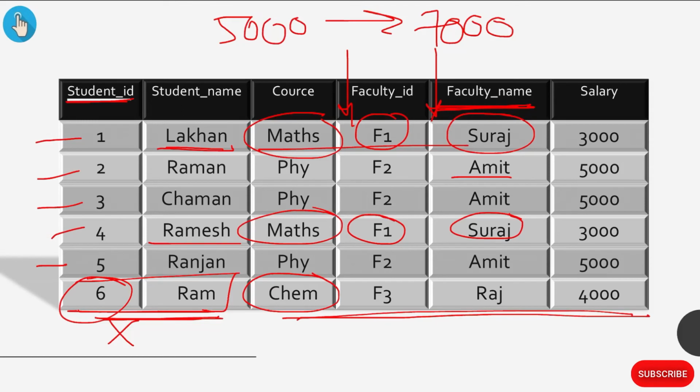Now if we look at the other side, the faculty whose salary has to be changed is only one, Amit, and the salary should be changed only once, but due to the duplicacy of our data it changes several times. You cannot use the primary key here either. So you have to reduce this kind of data, and normalization is useful to solve this problem. This is how normalization works to reduce our data.